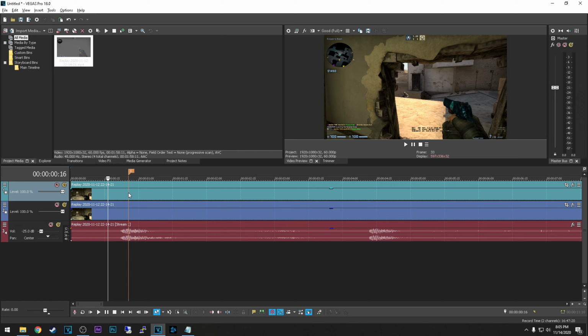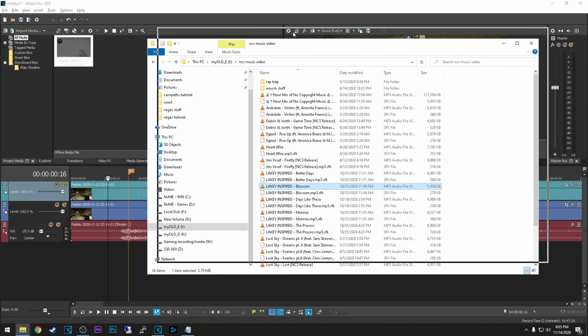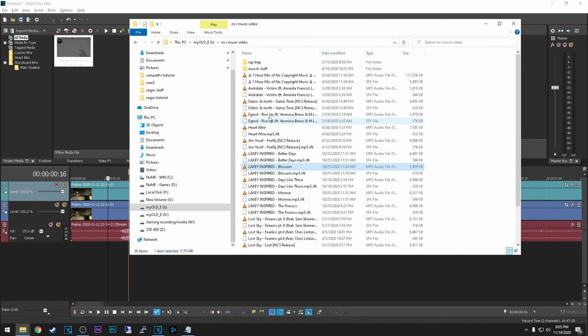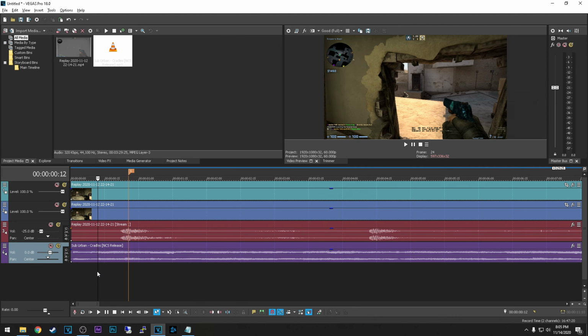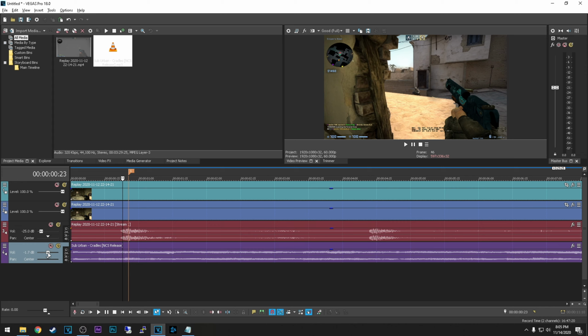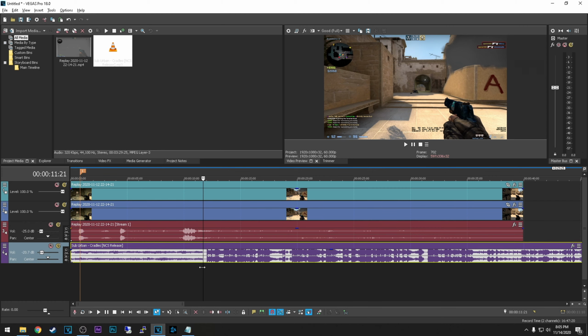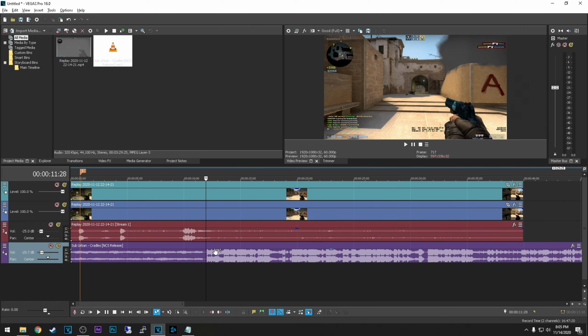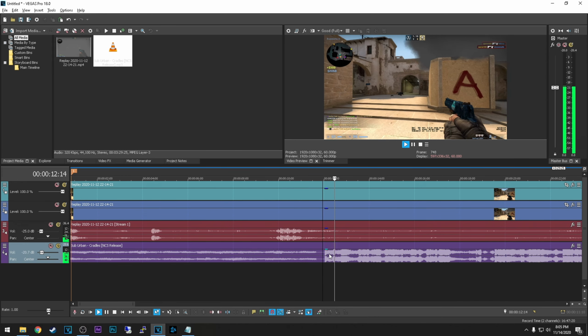This is very useful because if you want to use a song in your video and you want to sync the song to the headshot itself, you can do that by using this mark. Let me add a song, this one right here, and I'm gonna lower the volume a bit so you guys can hear me as well. And you can see that these are the waveforms for the song. So let's listen for a beat.